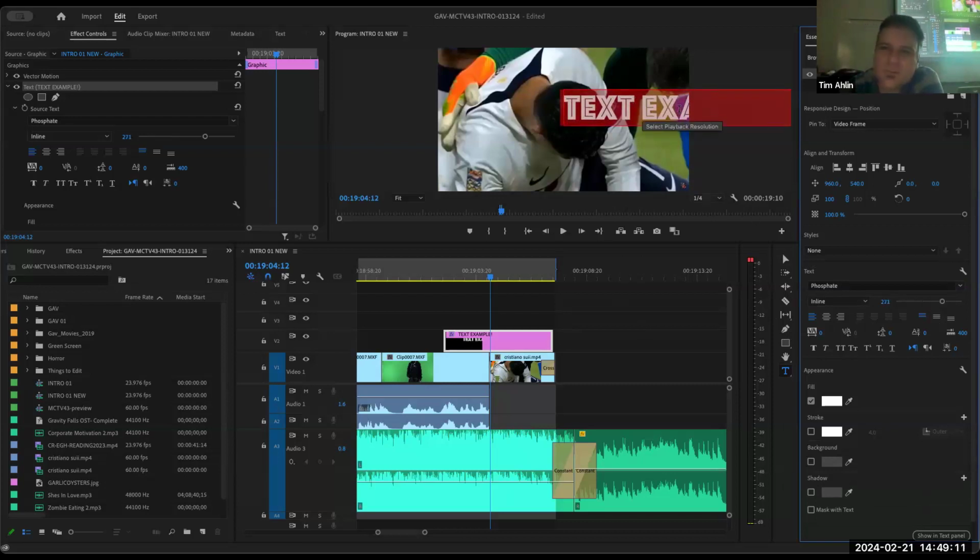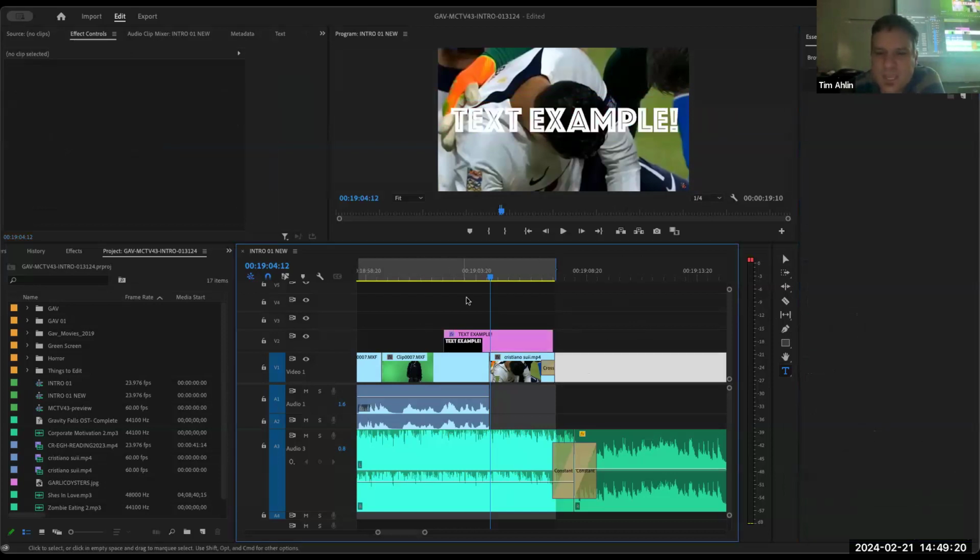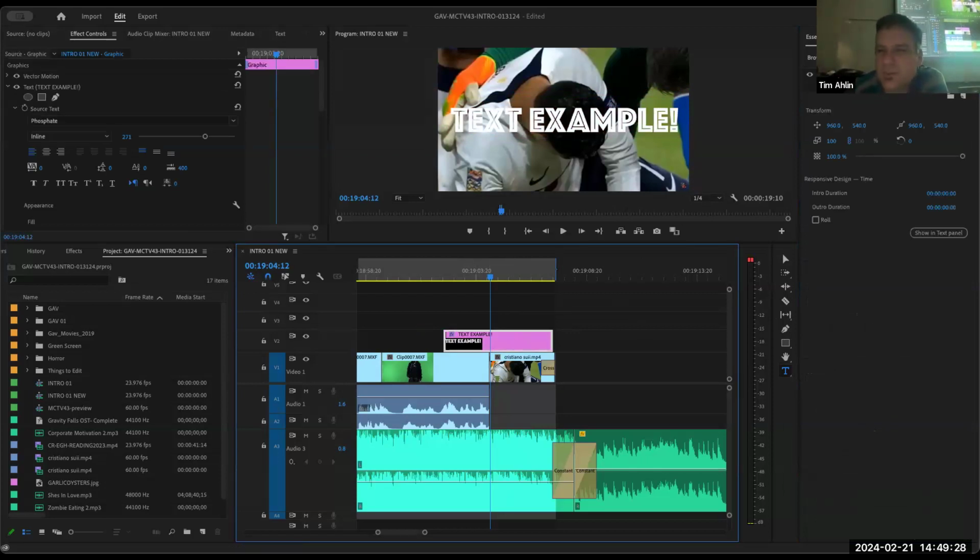Oh, look, I made it too big, it's falling off the screen. So what I'm going to do is change the X and Y axis and put it here in the middle. And then we have, oh, beautiful text example. Great. Do we love it? Is it everything that we wanted? No, it looks horrible. All right, let's fix it some more.